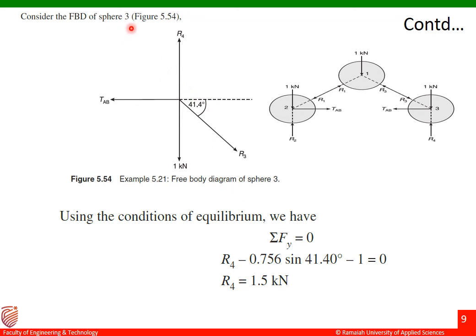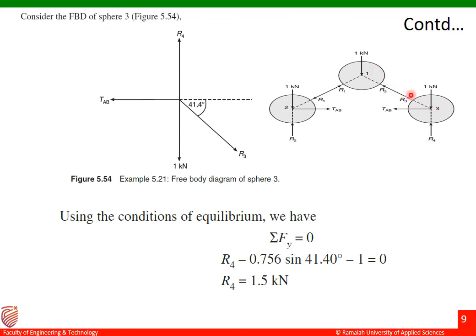This is the free body diagram of sphere 3. Okay, so this is your sphere 3, and then this is the free body diagram of this sphere over there. So let us see what are the forces which are acting on this sphere 3. There is one force which is the weight of the sphere, which is acting downwards, and then here the sphere 3 is in contact with the ground surface. So in that case we'll get the reaction R4 from the surface over there. So these are the two forces. One is the weight and the other one is the reaction force.